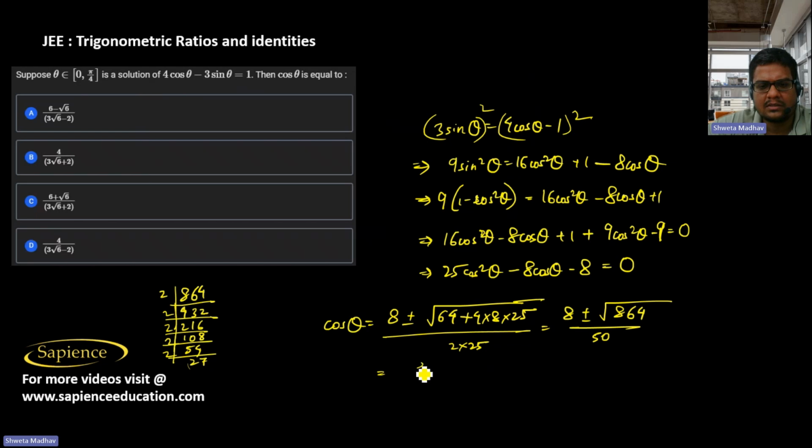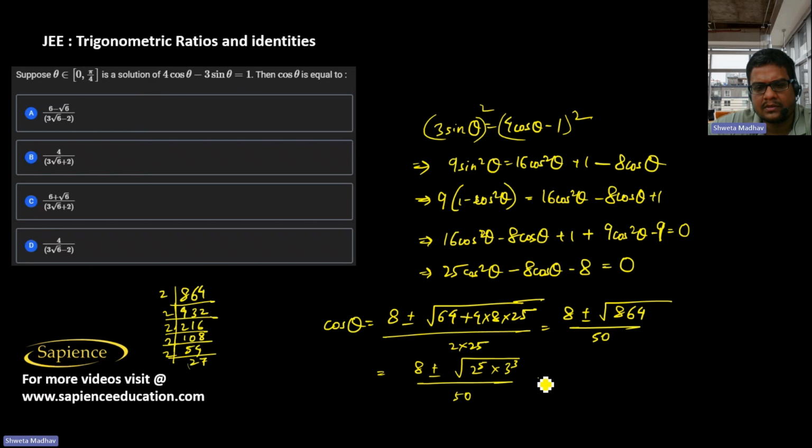So we have 8 plus or minus the square root of 2 to the power 5 into 3 to the power 3,